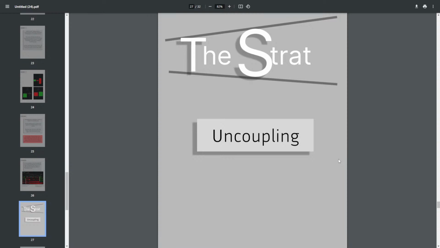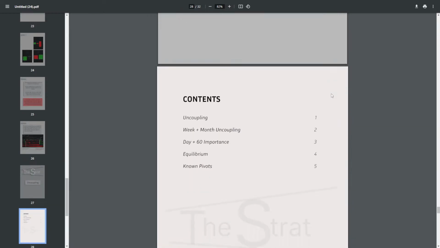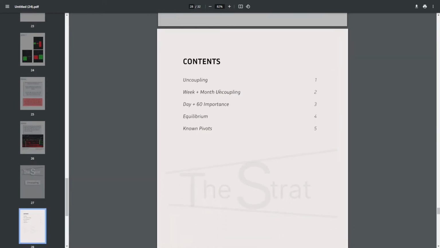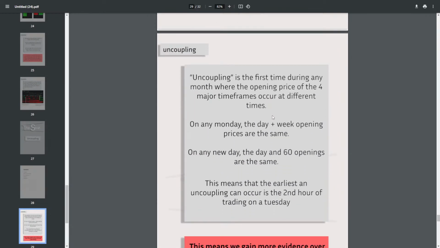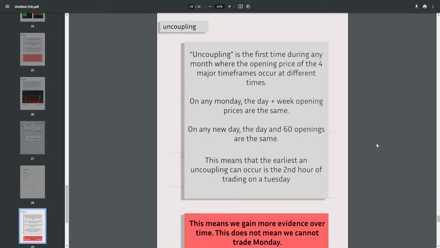So now let's talk about the uncoupling. We're going to talk about the uncoupling, the week and month uncoupling, the day and 60. And these two are completely messed up, so that is on me once again. I apologize, guys. So the uncoupling is the first time during any month where the opening price of the 4